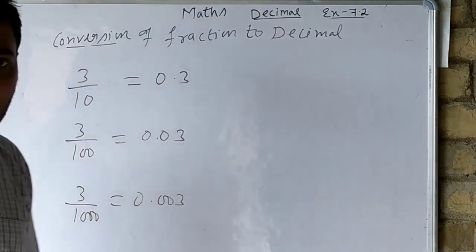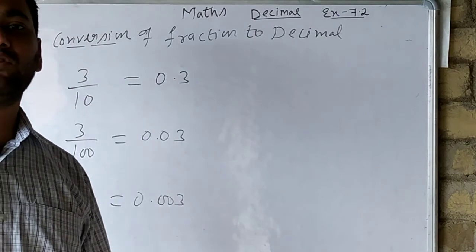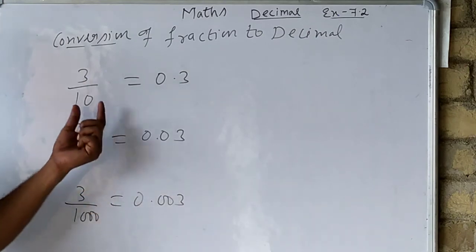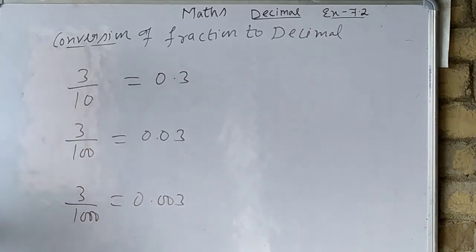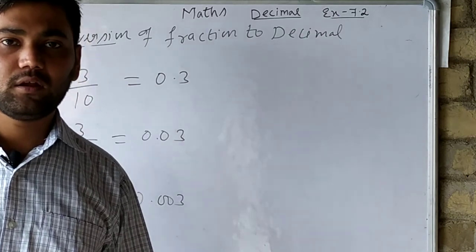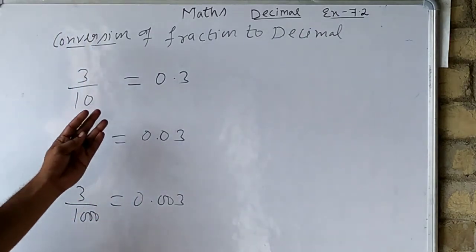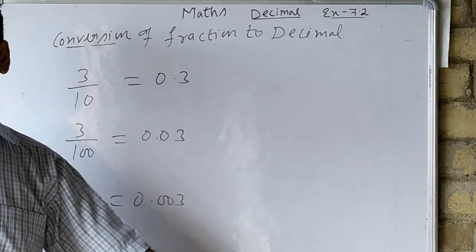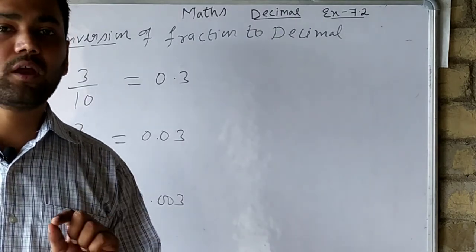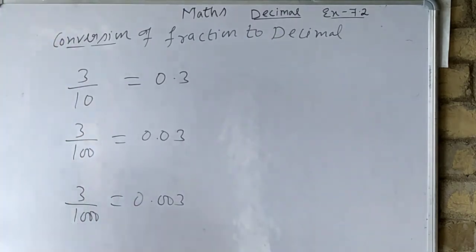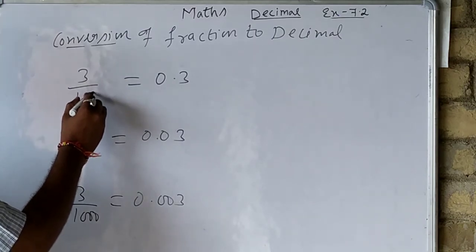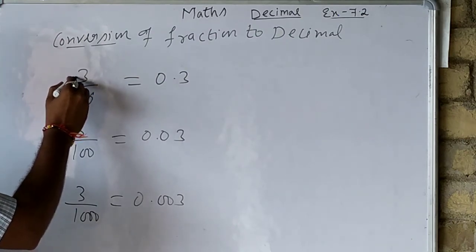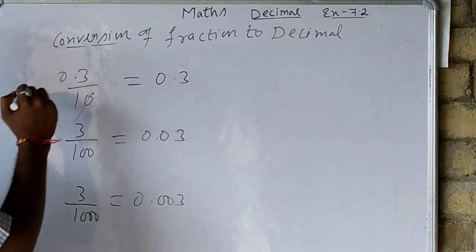But one thing is very common, if you have observed. If you have not observed, now I am going to tell you what is common in all these fractions: the denominator is in multiples of 10. If the denominator is in multiples of 10, then we can easily convert it without division. We do not have to do division, we can directly convert it. Why? Because if we remove one 0 from here, we place the decimal one place before. So it will be 0.3.